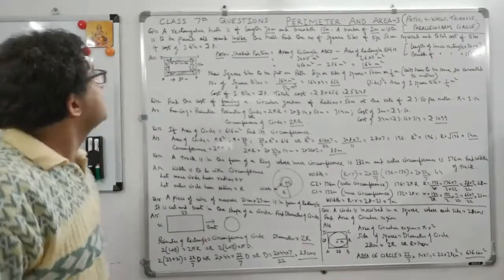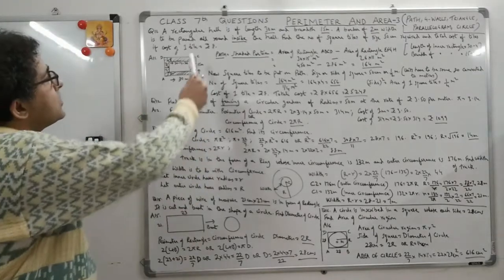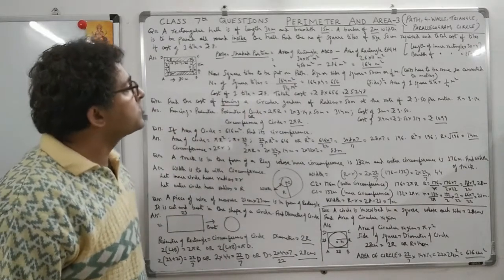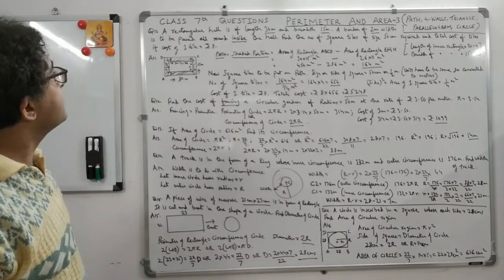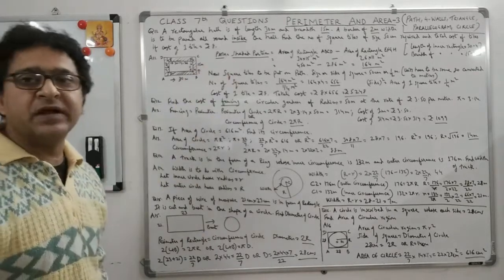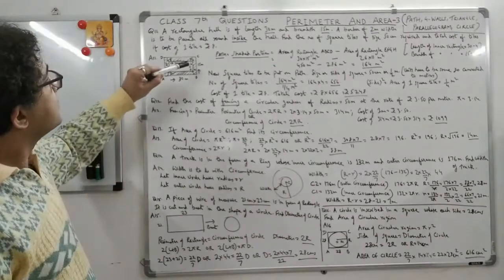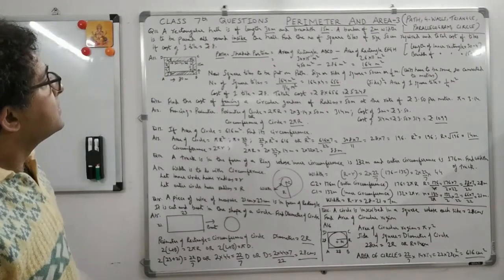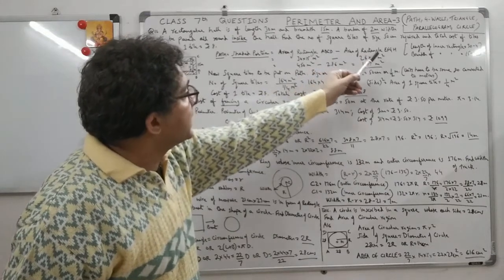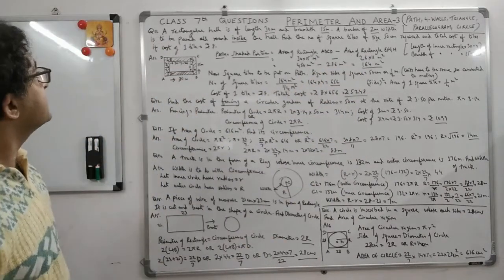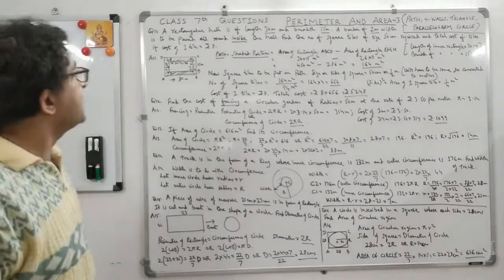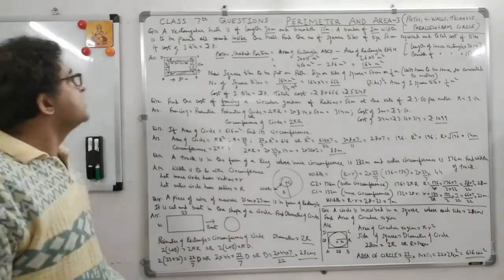Right? So the question is, a rectangular hall is of length 30 meter and breadth 15 meter. A border of 2 meter width is to be paved all around inside the hall. So the word is inside the hall and paved is like we have to cover it inside. Find the number of square tiles of size 50 centimeter required and total cost of tiles if cost of one tile is rupees 8.